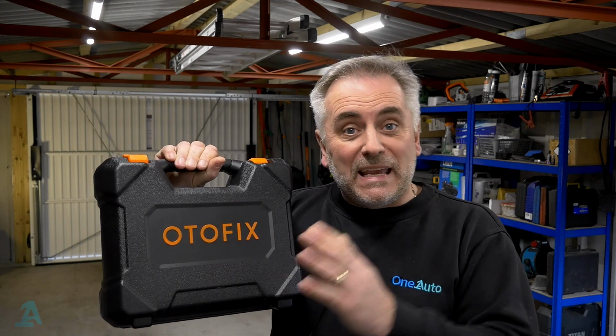This is an OTOFIX D1, which essentially is a small tablet running the Android 9 system with the Autel software on it. Guys, you will be overwhelmed with the coverage that this thing does. It currently does European models, Asian models, 50 plus US models. This is an OE level bidirectional scan tool,